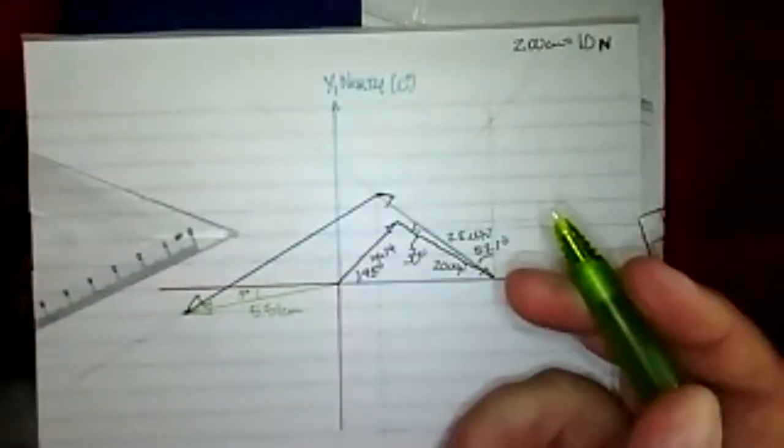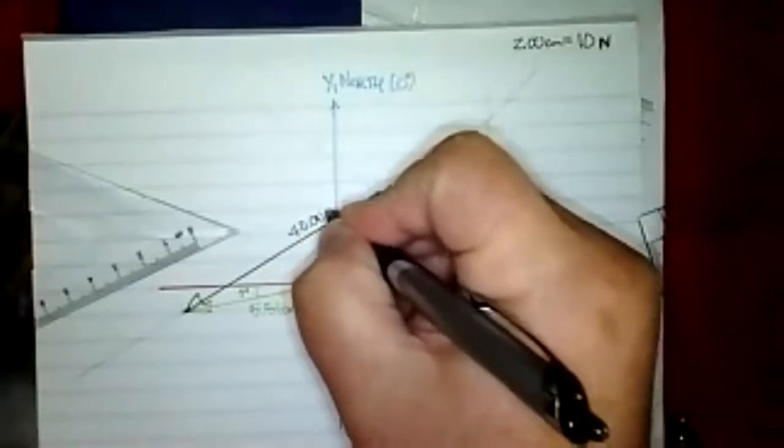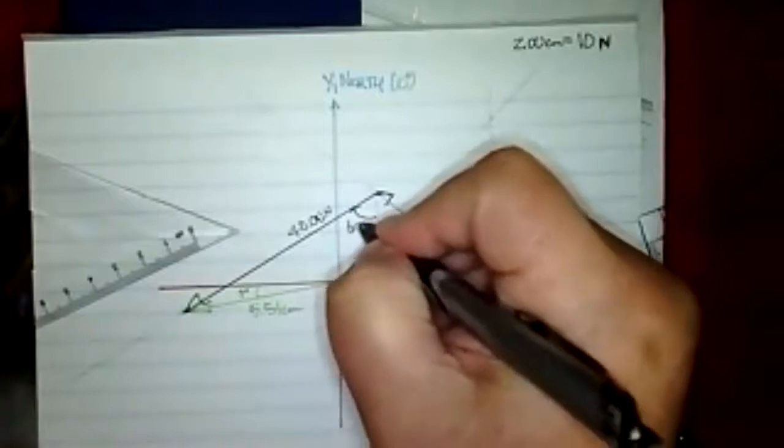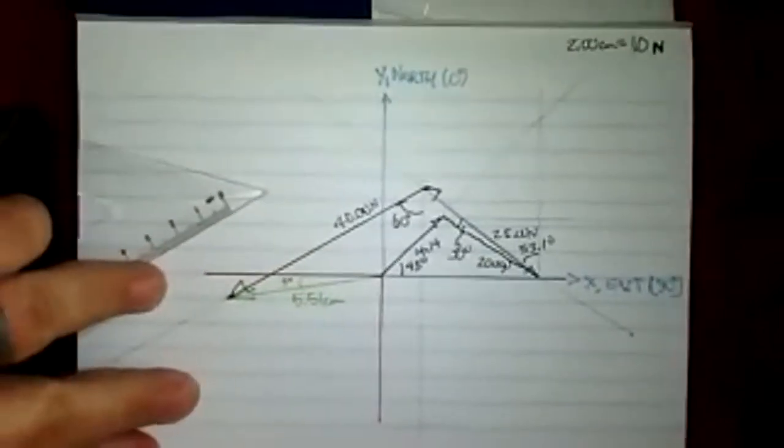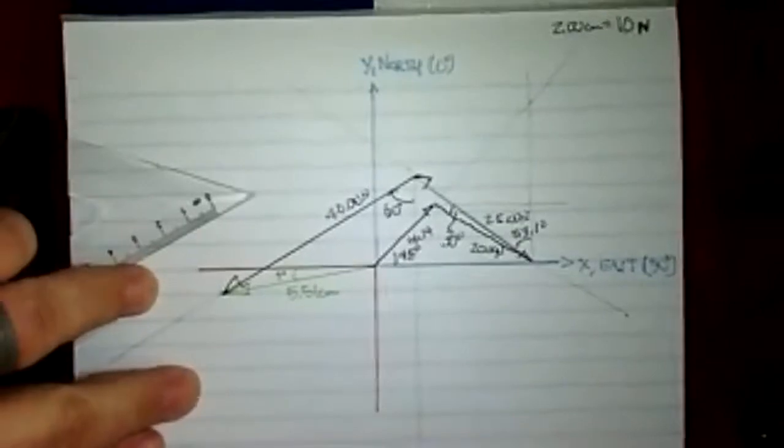Of course, I got to convert that back to the scale that we had. Oh, and I forgot to mark this one. This one was 40.00 newtons at 60 degrees from there. Okay. So according to just this graphical analysis, which cost us nothing but a protractor and a little bit of time,